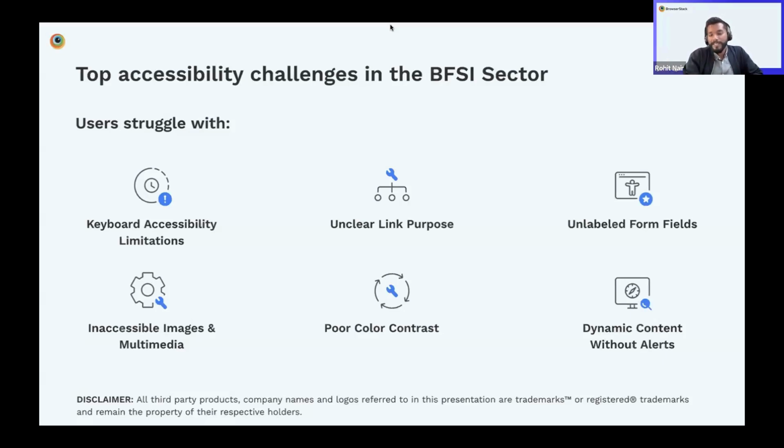But then there are some organizations that just want a compliance tick. So I think it becomes quite vital for folks on this call who are trying to speak to their leadership about why accessibility is important, that you look at it from a revenue standpoint and what impact it creates on your overall organization's KPI. Because then the conversation takes a different flavor. Apart from it being the right thing to do, and from a law standpoint, it's the aspect that you need to look at. But I think it empowers you to have stronger conversations regarding it.